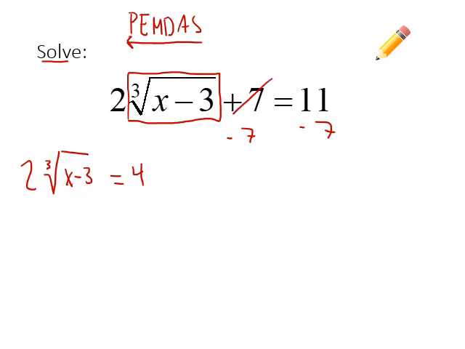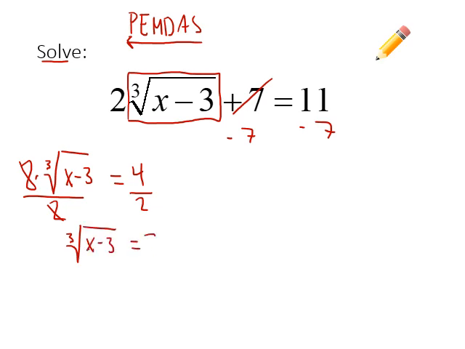I got rid of the 7, but I have this 2 in front. It's being multiplied by the cube root of x minus 3. So to undo multiply, I have to divide both sides by 2. That cancels on the left. I now have the cube root of x minus 3